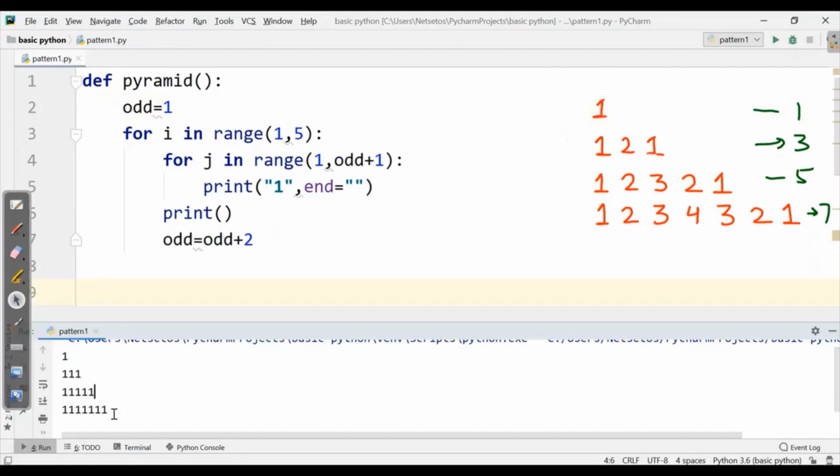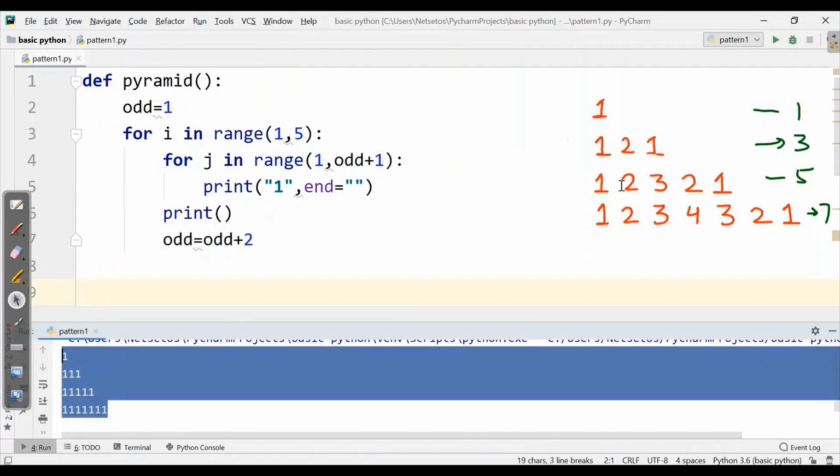Now we need to modify this to 1, then 1 to 3 to 1. That means it is incrementing and then decrementing. Here we need to focus on when i is equal to j. That means here we have this for incrementing j and here it is incrementing i. So when i is 2 and j is equal to 2, till 2 it will increment and thereafter it will decrement. That means when j is smaller than or equal to i, it will increment. So let's go to our code.